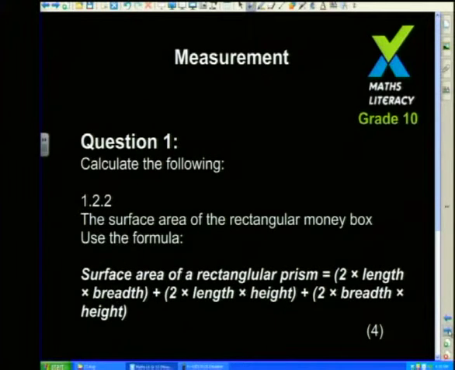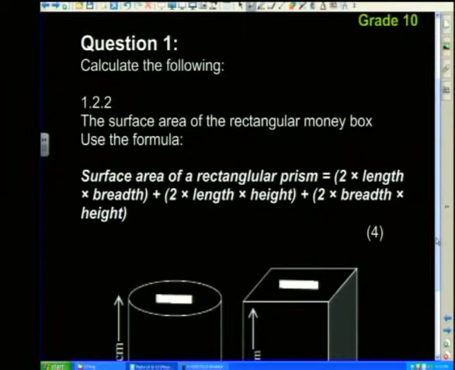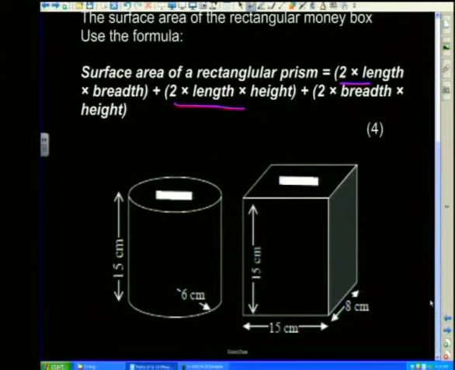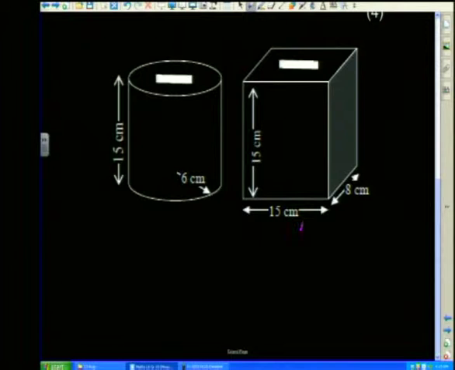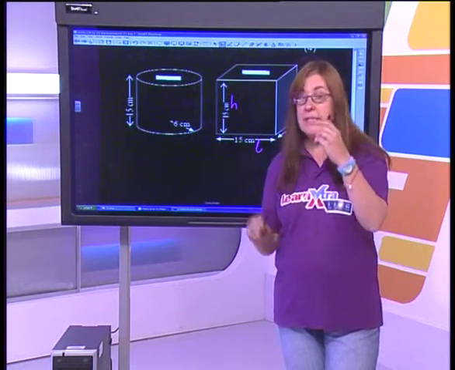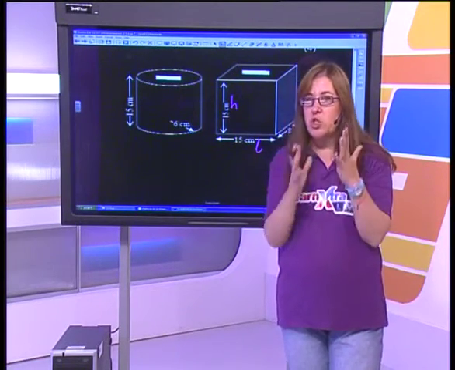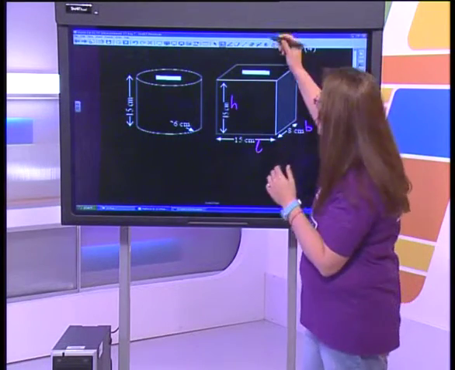So the next part of the question says, work out the surface area of the rectangular prism. And they give you the formula. And this formula looks different to the one we had. It's got 2 length times breadth plus 2 length times height plus 2 breadth times height. So we could use either one. But what's important is I need to know that's my length, that's my breadth, and that's my height. Especially when numbers are repeated, like in this case we've got 2 that are 15. We tend to get confused and we're not sure which ones we must do again.